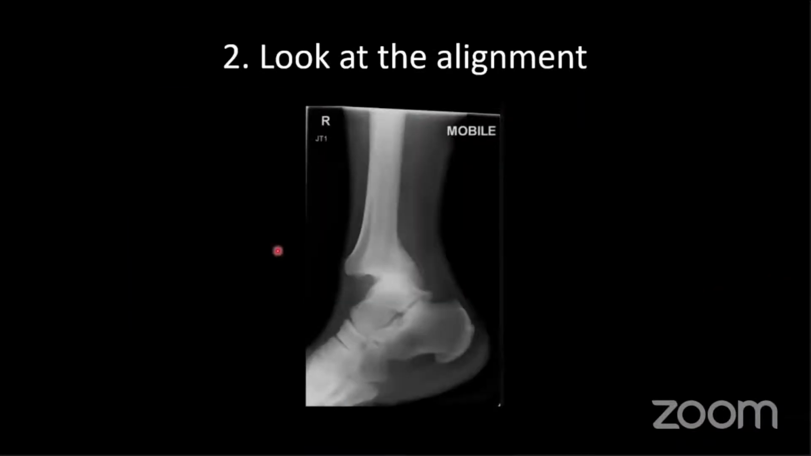Once you're happy with the views, which are satisfactory, you need to look at the alignment of the bones. So clearly this is abnormal. This is a lateral ankle X-ray, and this is the distal tibia. The normal alignment is illustrated by this line here. So this is clearly dislocated. So you're happy with the views, you've looked at the alignment of the bones,